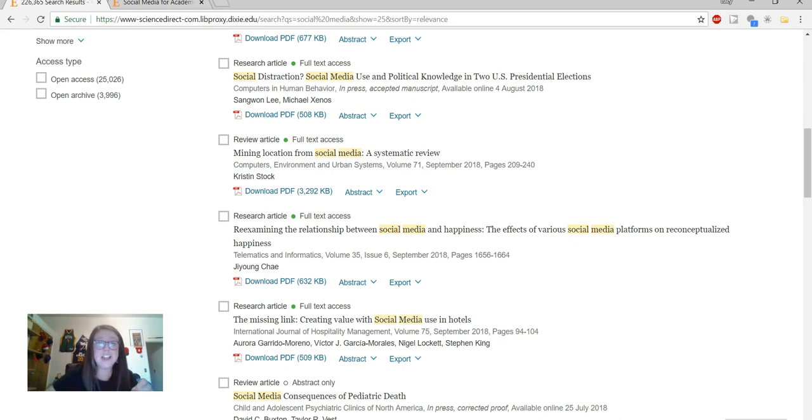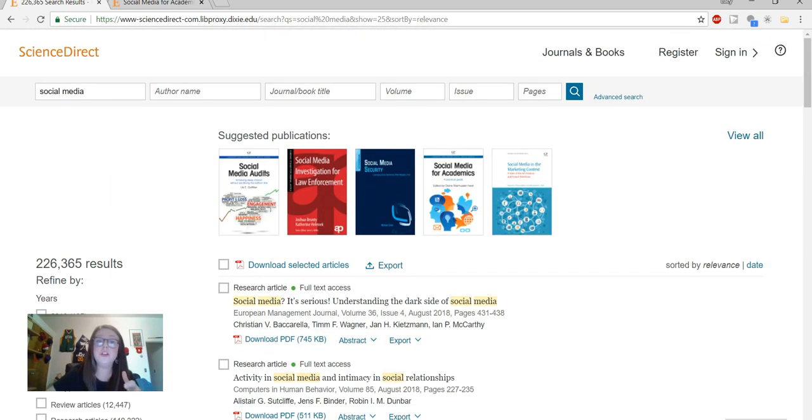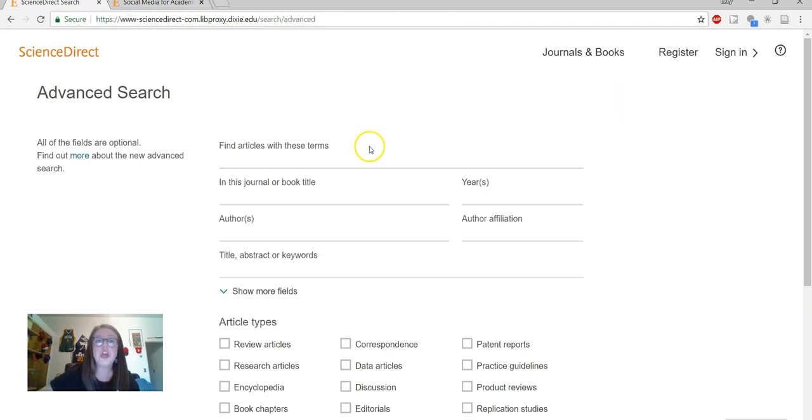So again, this is a lot of stuff to sift through. So if we want to narrow down our results, we have our search bar up here, but we can also click on Advanced Search. So this will allow us to refine our search that much more. So, for example, let's say I only want journal articles on social media published from 2007 to 2018. And let's say I have a specific author in mind. So one that I have read quite a bit,